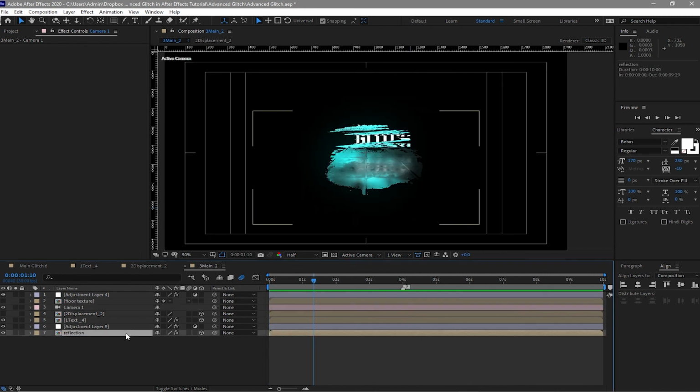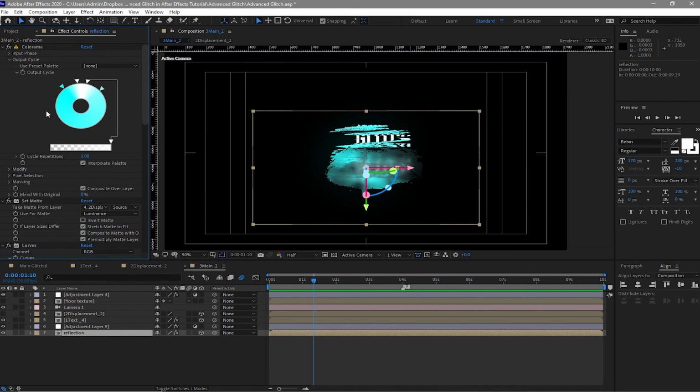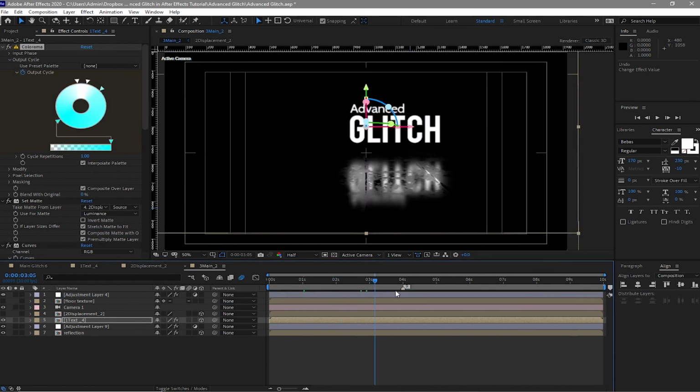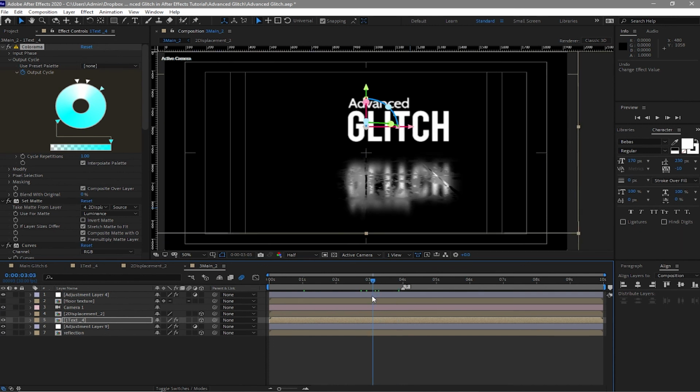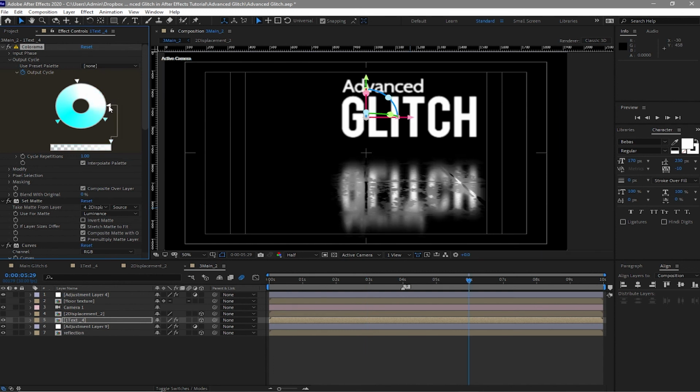Go to the reflection composition, go to Colorama and open the output cycle, and from here you will create a keyframe in order for us to animate the glitz glow. For example, if you want to create an animation on your glow, all you have to do is click the output cycle here to create a keyframe and move this triangle here, then move forward to about 4 or 3 and move this one here. This is just an example. If you want to change it to like this,